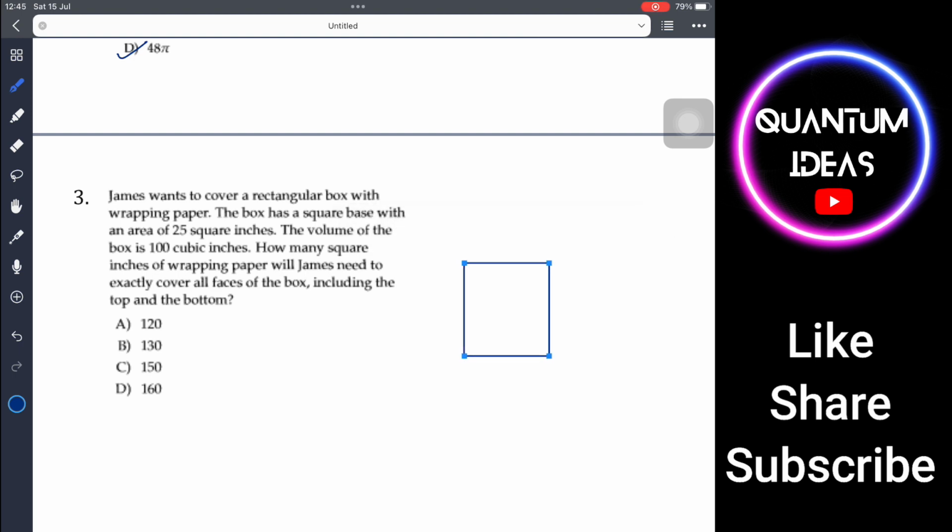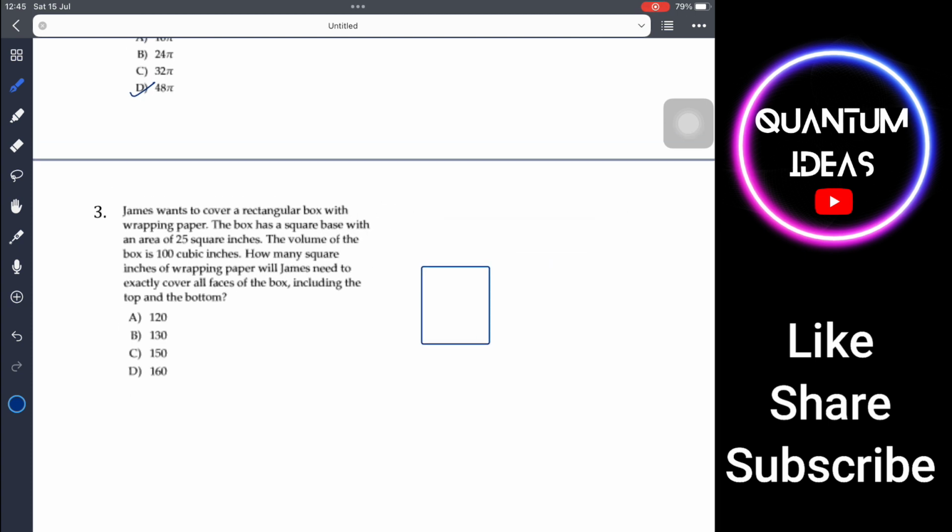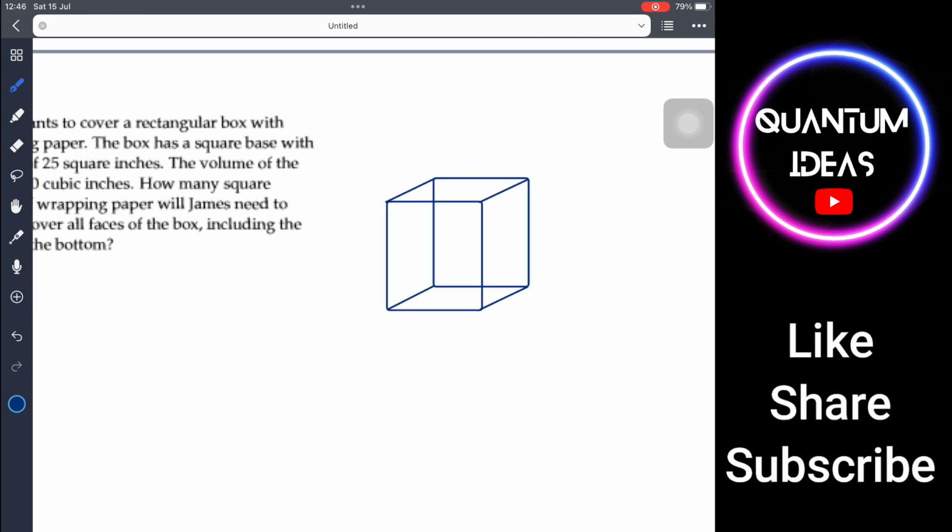Okay, I think I made a little square. Okay, like this. Okay, let me connect. Okay, I'm making a rectangular box, and this is the box James has to cover with the wrapping paper,